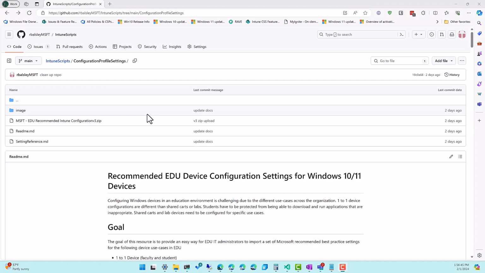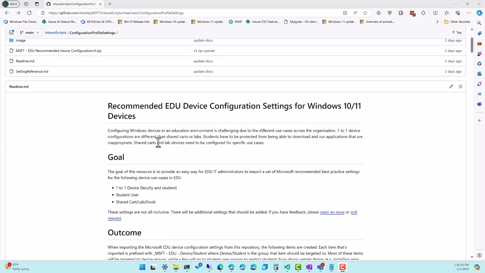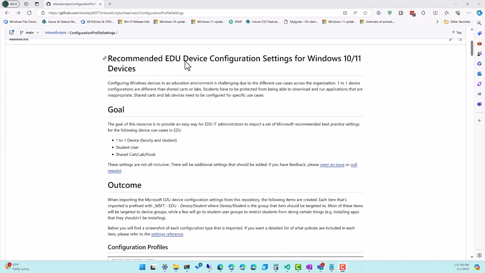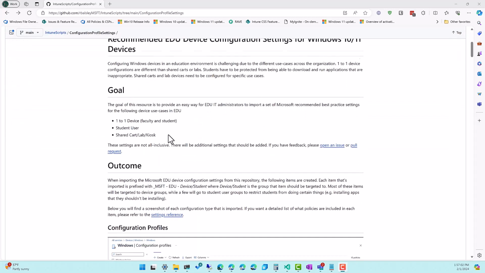Hi, in this video, we'll go over how to configure the recommended EDU device configuration settings for Windows 10 and 11 devices using Microsoft Intune. And so when you're at the GitHub repo that has the EDU device configuration settings, you'll see in here that